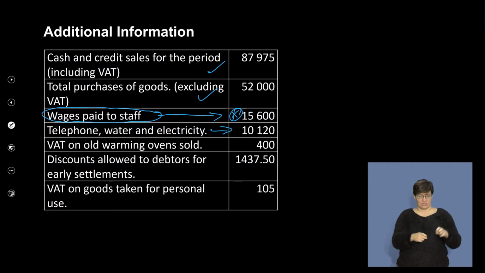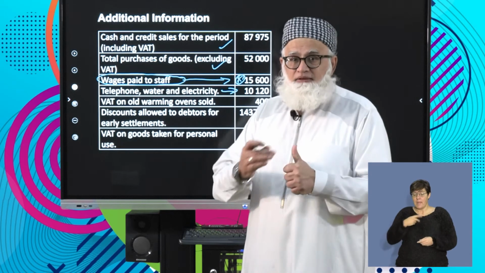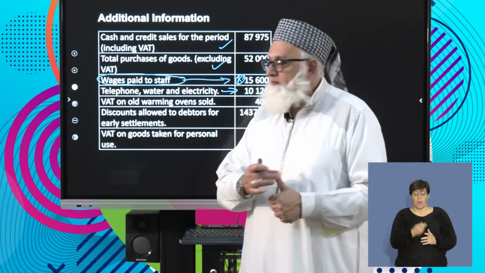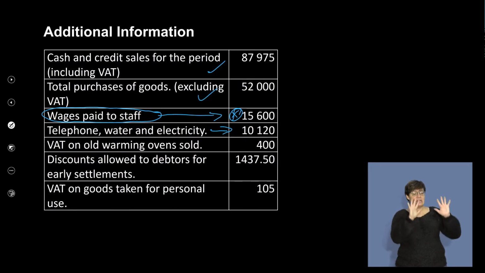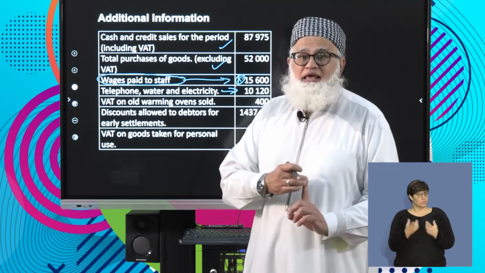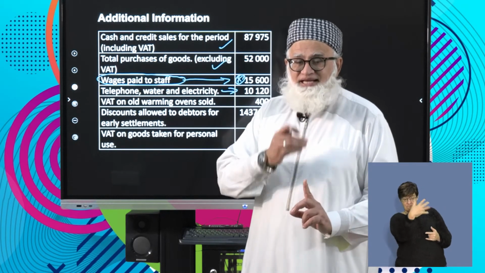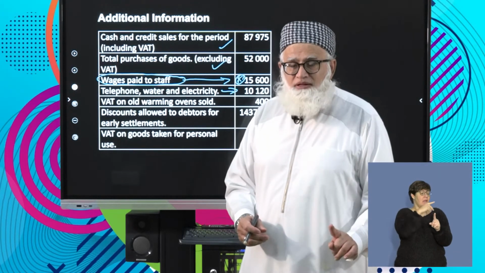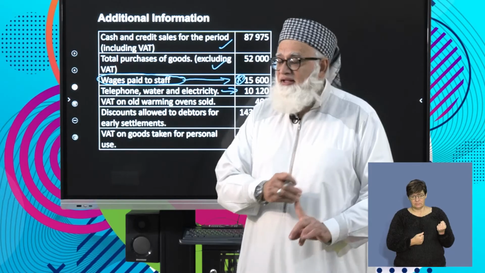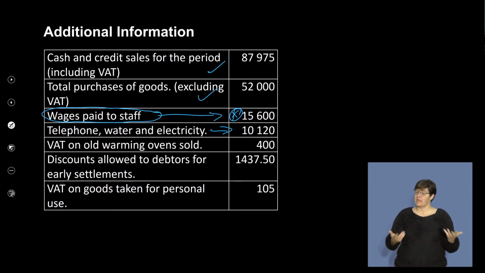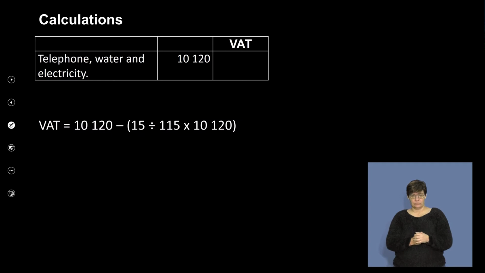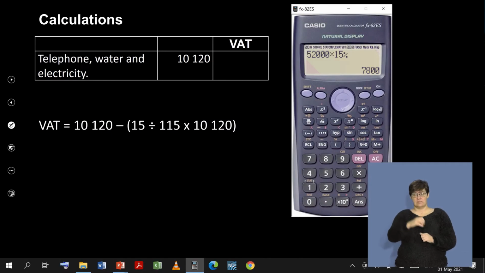Again, that's the total amount that we have paid. Firstly, we've paid the expense. How much have we paid? We've paid 10,120. What can we do? We can now claim back the VAT. Remember, it's an expense which was VATable, and it's an expense on which we can claim back the VAT. Therefore, we do our calculation. Take your 10,120. Okay, here we go. 10,120. Because it's inclusive of VAT, you say times the 15 divided by 115